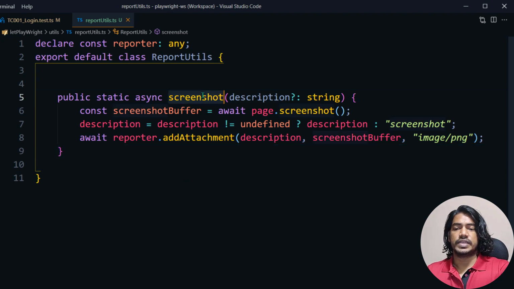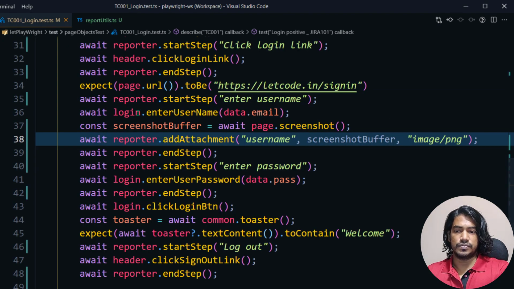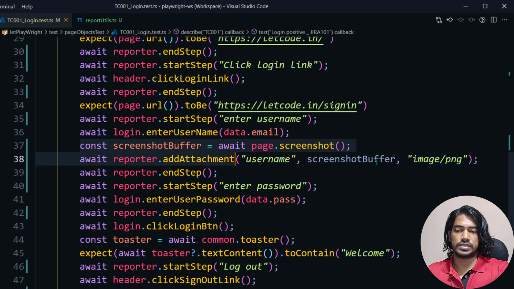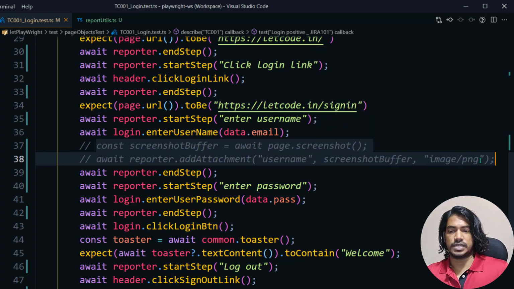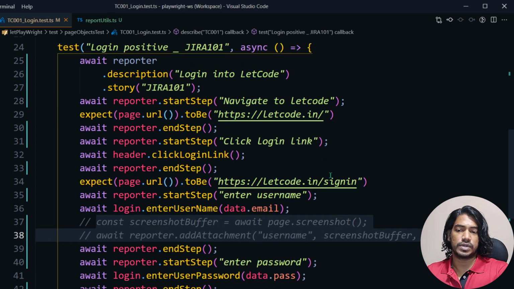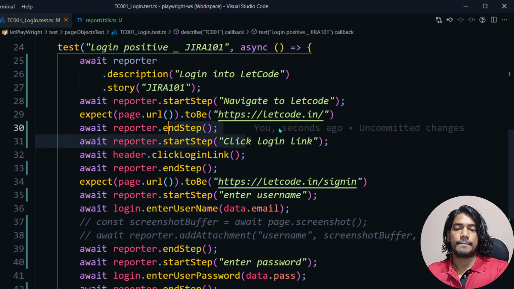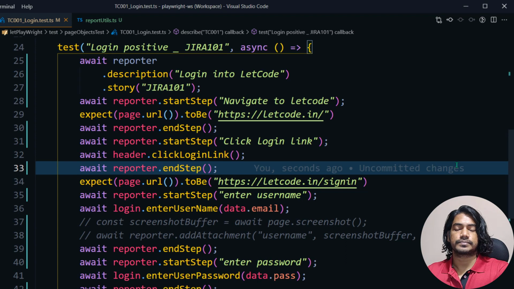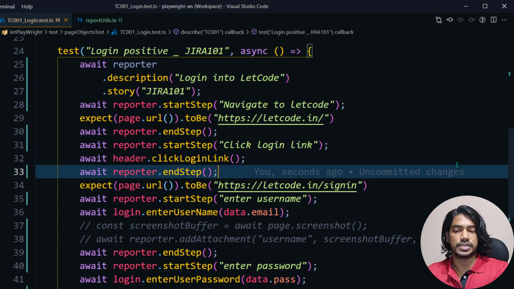So we have created our utility function. Now we are just going to call this. I don't want this here, so I will comment it out for now. Wherever I have to call the screenshot, I can call that.